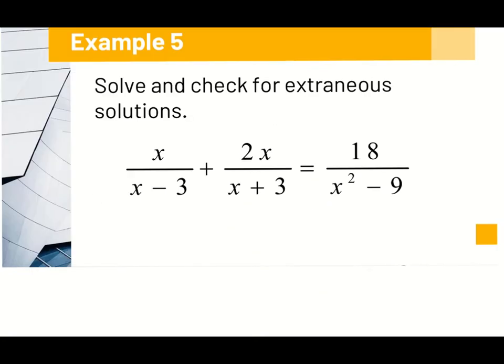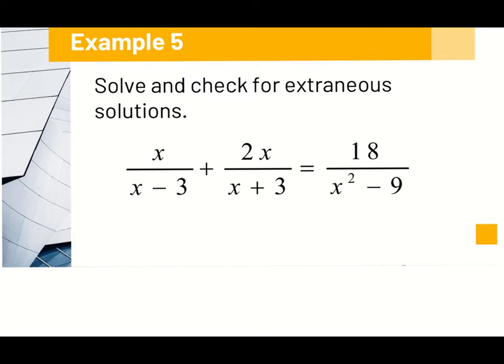And here's the big guy. So example number 5, solve and check for extraneous solutions. So we have x over x minus 3, 2x over x plus 3, and 18 over x squared minus 9. None of those right now are the same. So just like we did before,